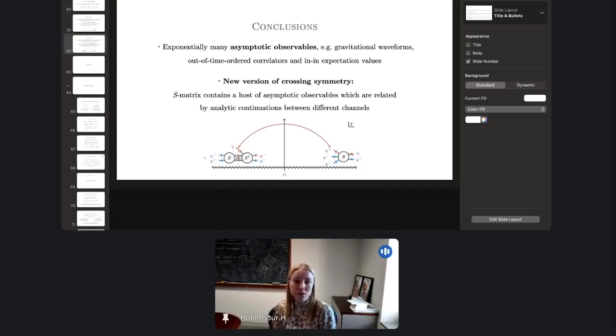So for 2 to 3 scattering or 3 to 3 scattering, etc. If we want to do that, then we need to know in the first place how the scattering amplitude behaves in the complex plane. So that's also why I got excited about this, because it gives a starting point, at least. Maybe we're still far away, but it gives a starting point for the bootstrap for 2 to 3 or 3 to 3, etc.